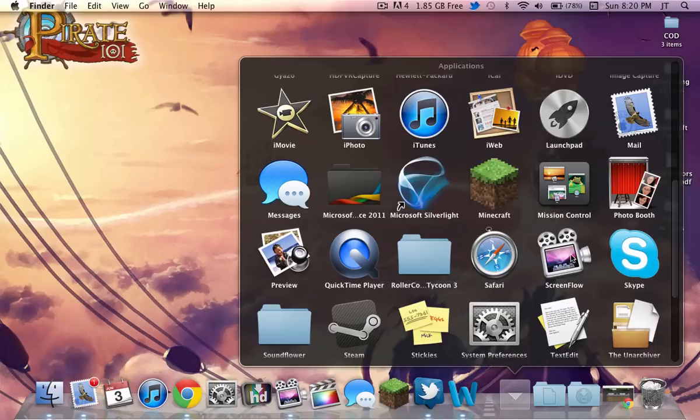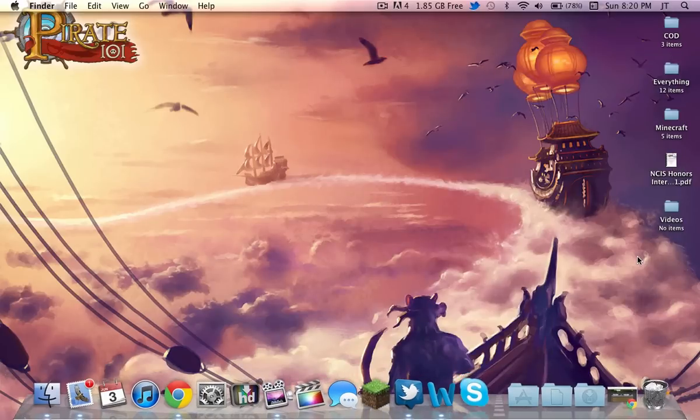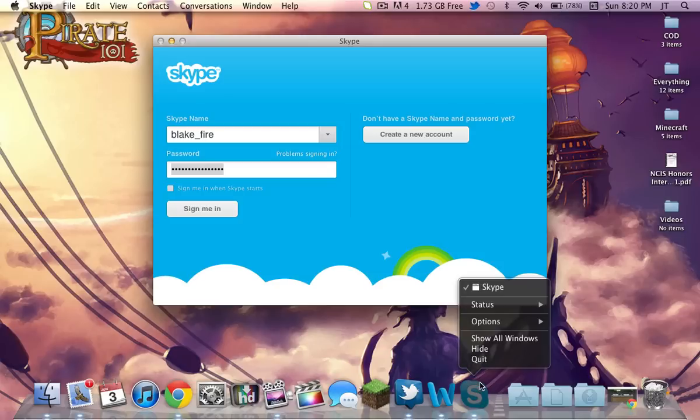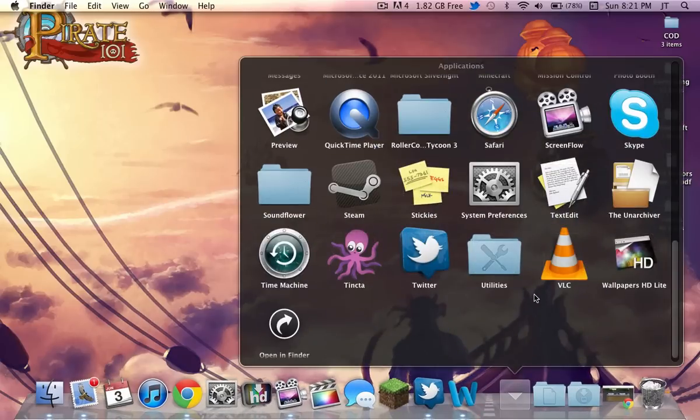Anyway. We go to ScreenFlow, we got Skype. Now Skype is, I don't know how to explain it. It's like talking to people over the computer via either talking to them physically, or you can actually type to them through a chat room. There's also video chatting. You can also call from phones, or you could call a phone using Skype, which is pretty cool. It comes in handy when you want to do a video with multiple